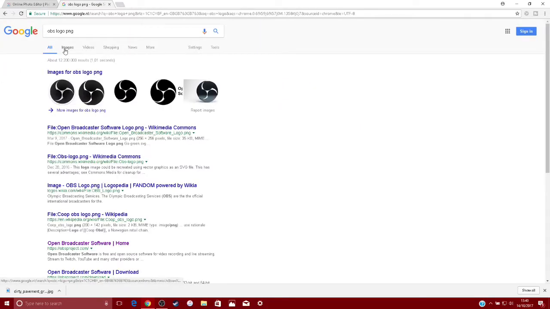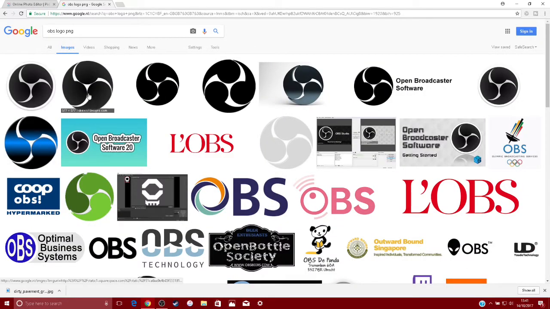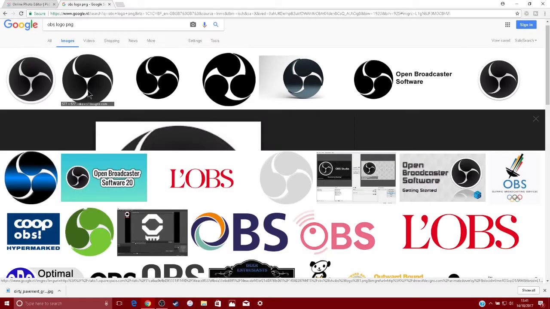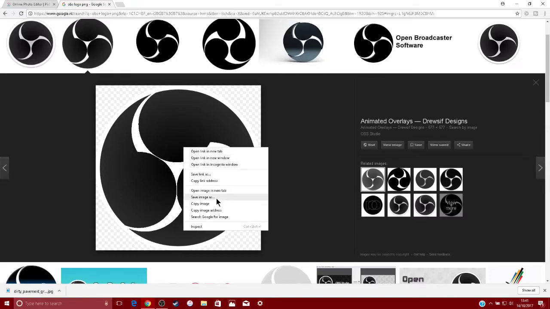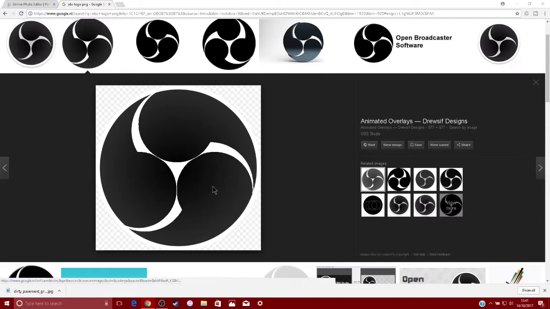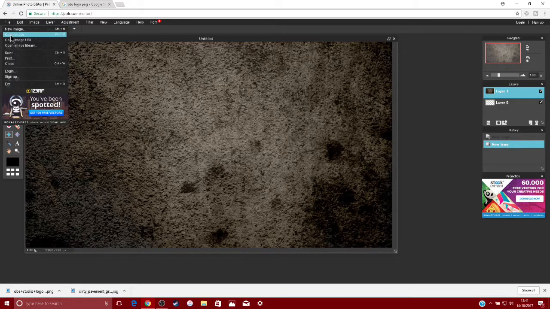So I'm just going to go OBS logo PNG, and if you don't know what PNG means, it's basically, in other words, for transparent, so you don't have to type in transparent. But just to make sure that it is transparent, the way to know it is a PNG image is if it's got the little checkered boxes in the background, not on the actual picture itself, just in the background of it. That means it is a PNG file. So what you want to do is same thing as you did with the background, save image as, just click save again, or just save it with a name or whatever, and do the same thing you did with the background, file, open image,